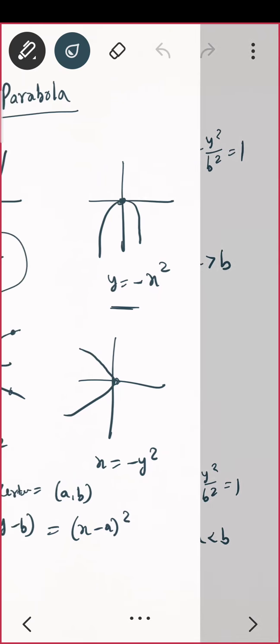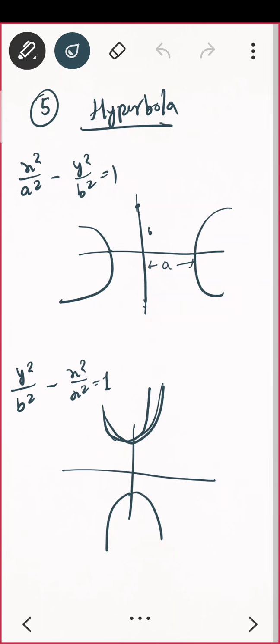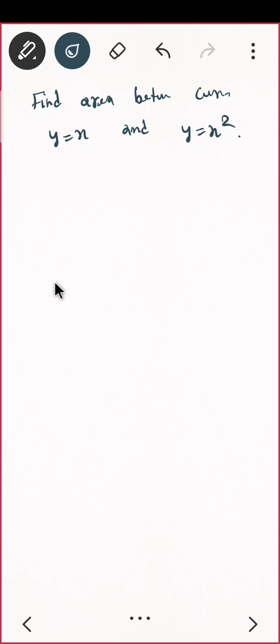So these things were required in solving the questions. Suppose let us do a quick example, then in the next lecture we will do some more problems, that is, find the area between the curves y equal to x and y equal to x square. Can you do that? First draw the graph. These types of questions can be done. Before drawing the graph, you just find the intersection points of these two curves. How can you find the intersection point of two curves? Or let me first ask, how can you find the intersection point of two straight lines?